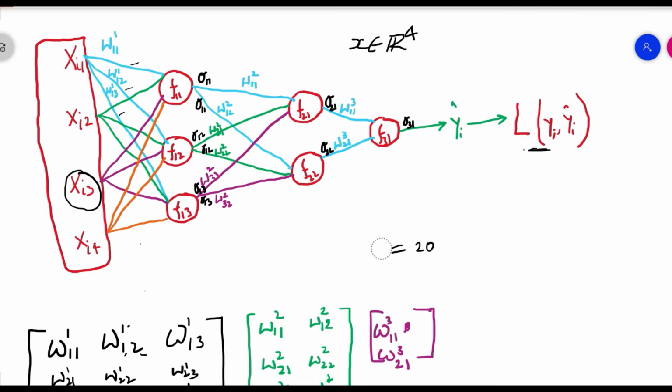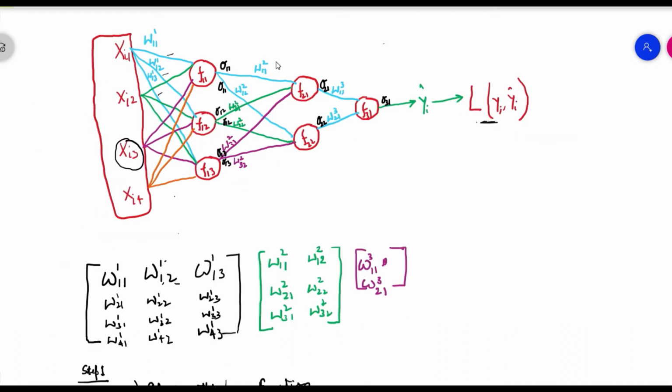So at the W2 level, if you see, we have 6 weights to determine, and if you look closely to understand how a change in this weight will impact our loss function over here, we will have to understand that our loss function is being impacted by the output O31, which is the y cap value, and this O31 is being impacted by this O21 value, and this O21 is then impacted by the W211 value.